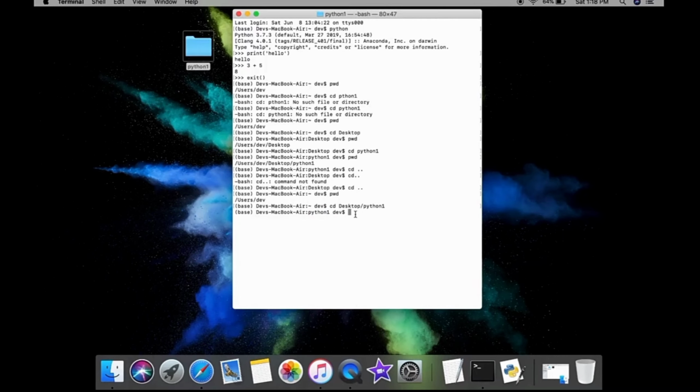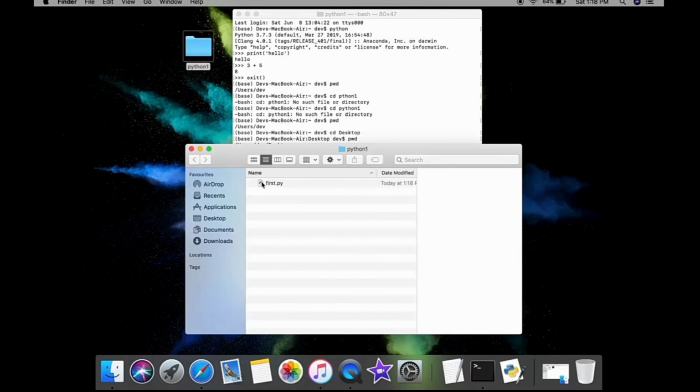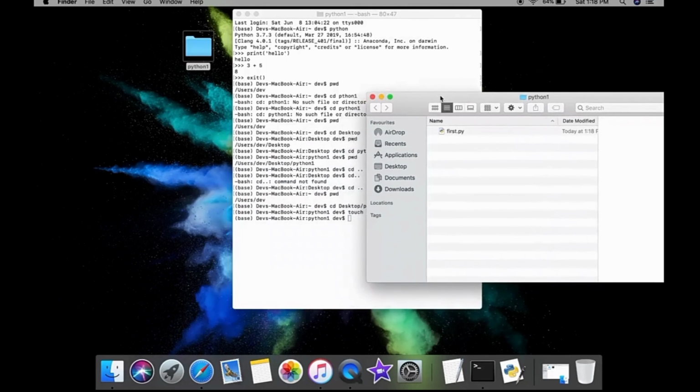Now about our program. So first of all, if you need to create a program in this folder, how can you create a program? There are many options, but by using the command prompt, first of all, make sure you are in the exact folder, like Python 1. So first of all, write touch and then your program name, like first.py. Now nothing happens here, but if you check this folder, there's a program first.py. So this is one more basic thing.